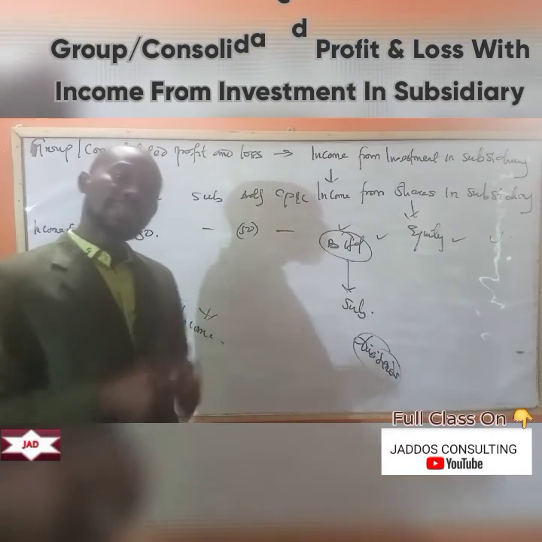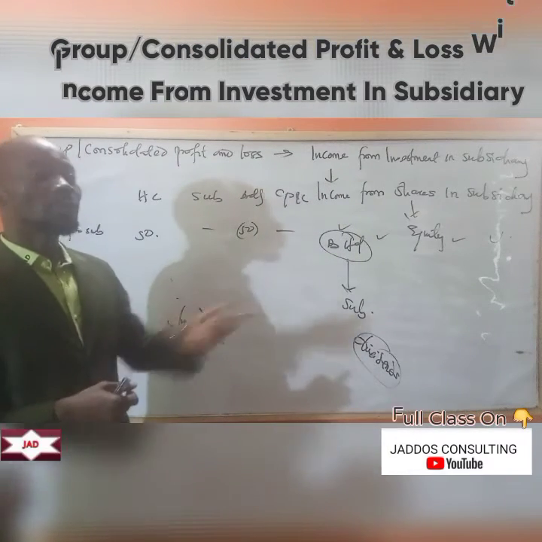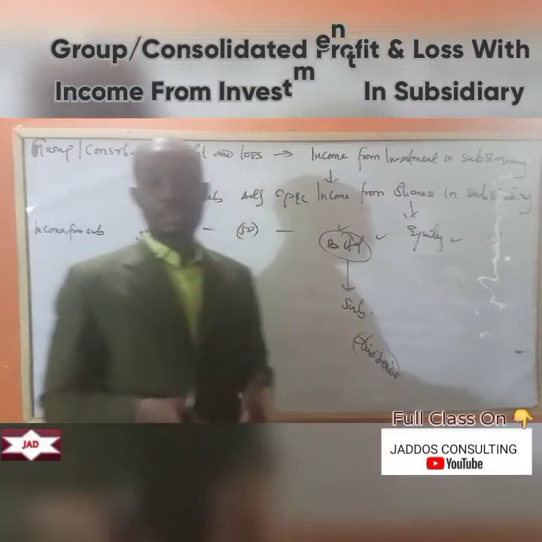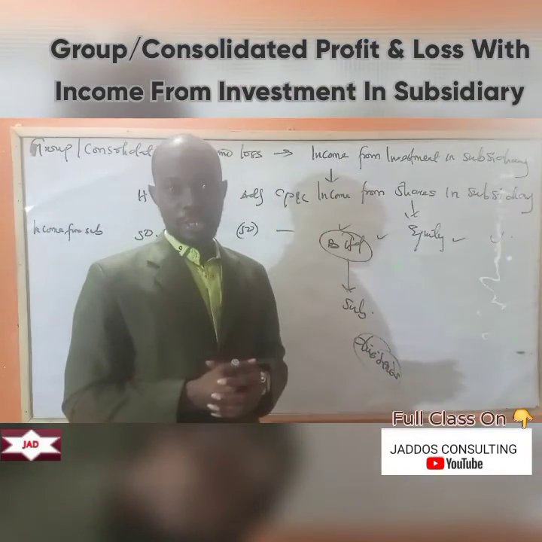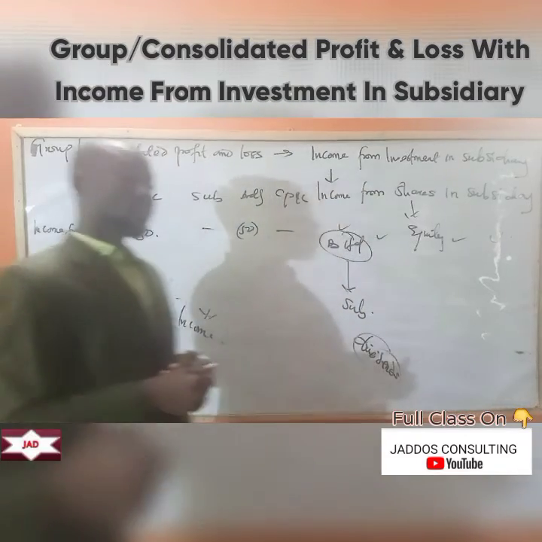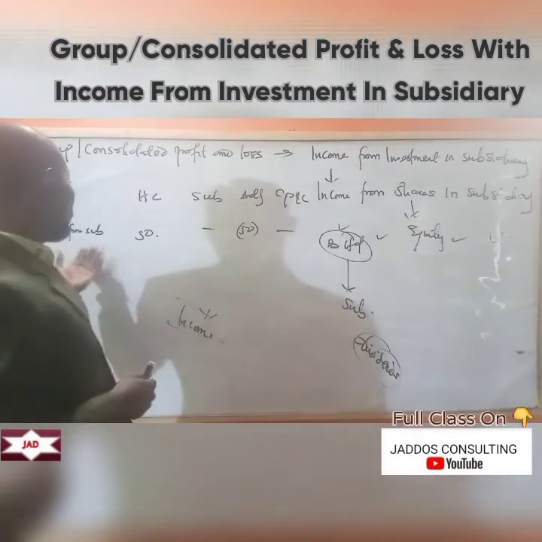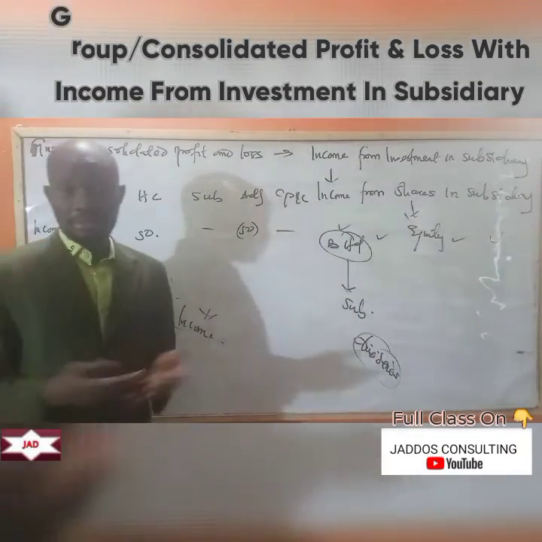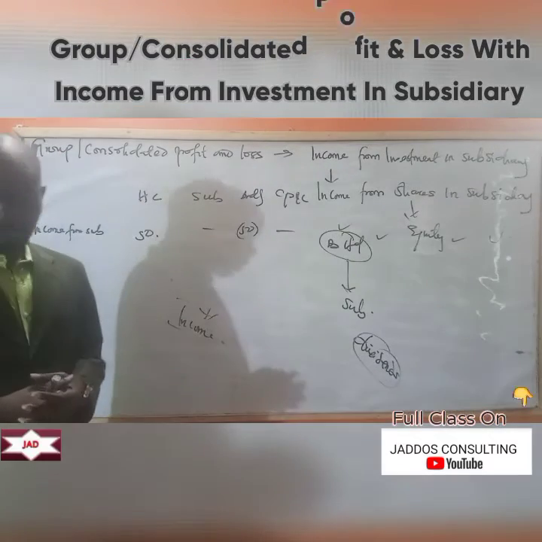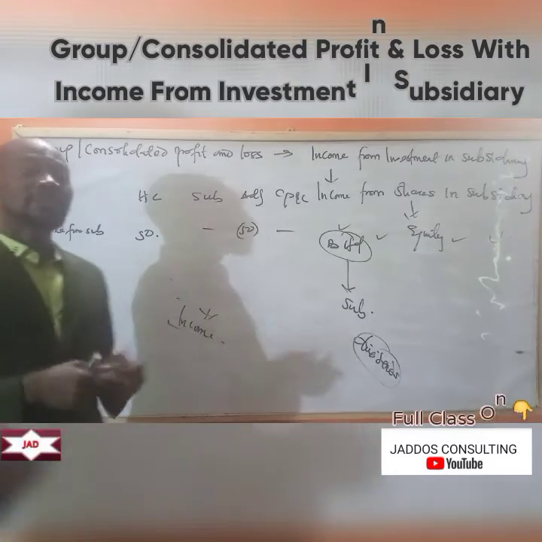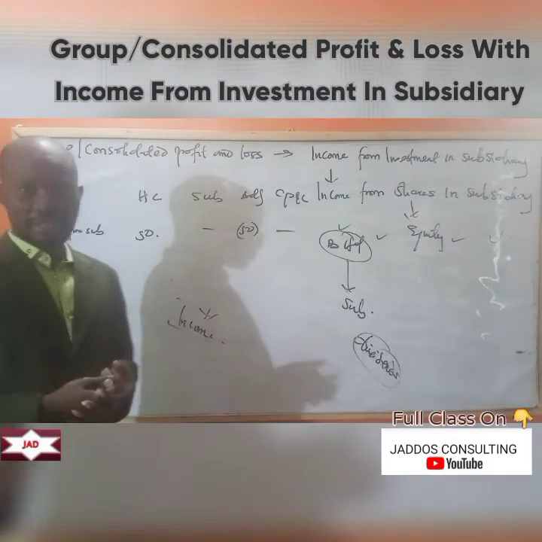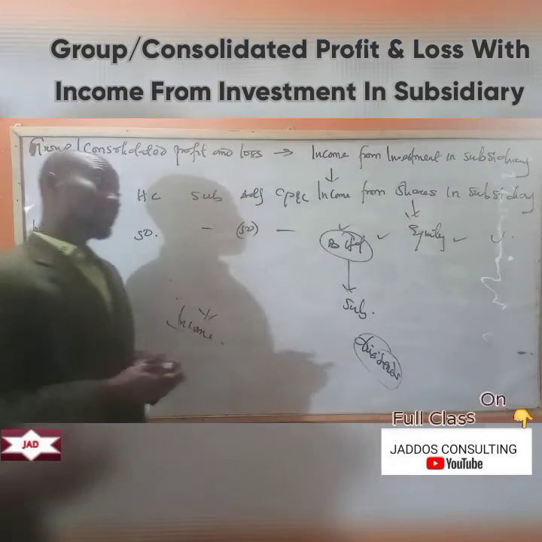So when we can establish that that income is from the subsidiary, it is expected that it should be eliminated. Of course, some accountants might not even show it on the face of the income statement. They might put it in other income. But when information reveals that that income is from the subsidiary, you have to eliminate it. Because if you look at just that,